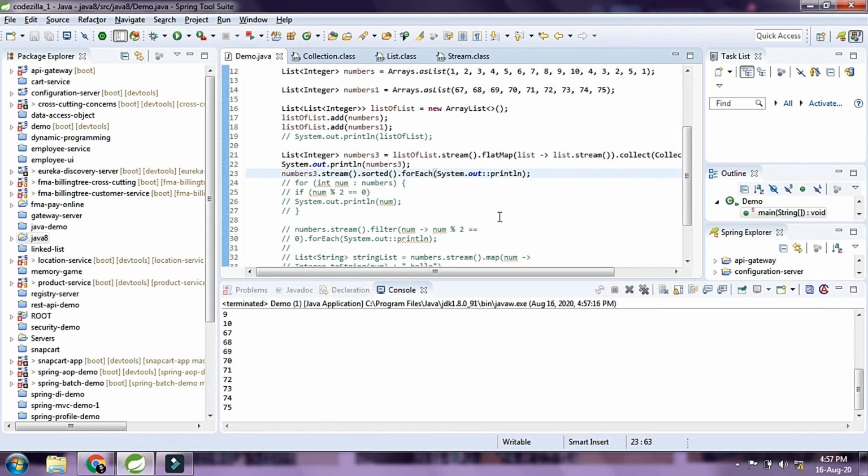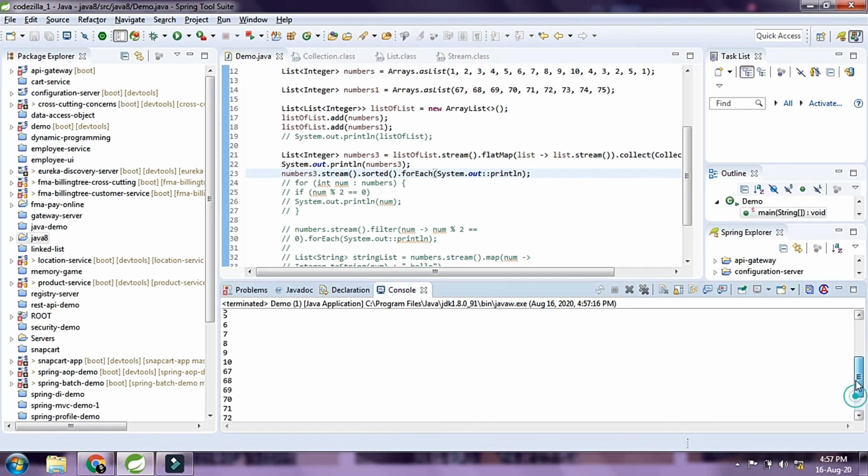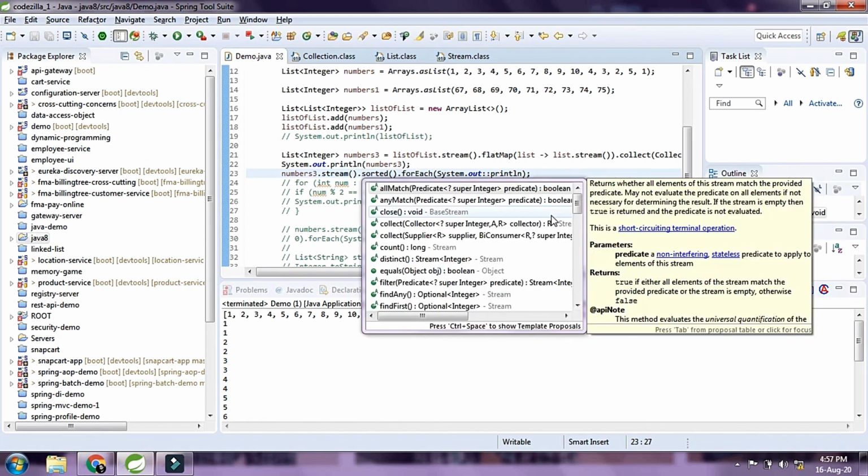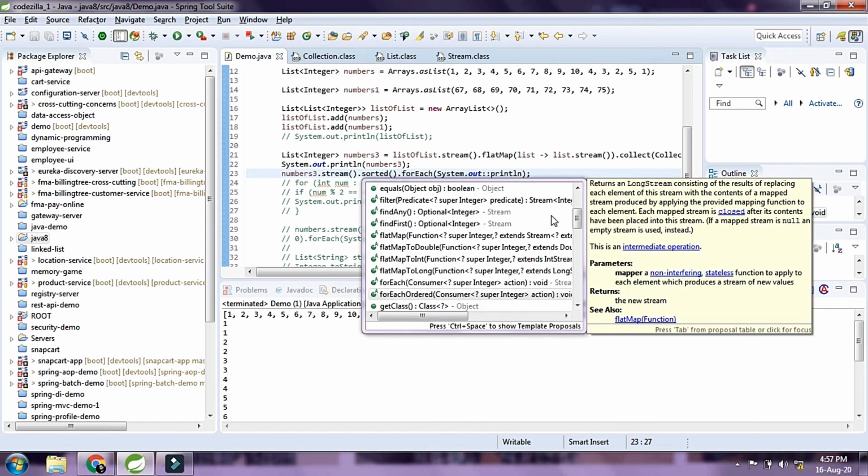So let's go ahead and run this, so we can see we have the numbers sorted. So we have 1, 2, 3, 4, 5, and so on, right? So we can use the sorted method to sort the elements inside our stream,